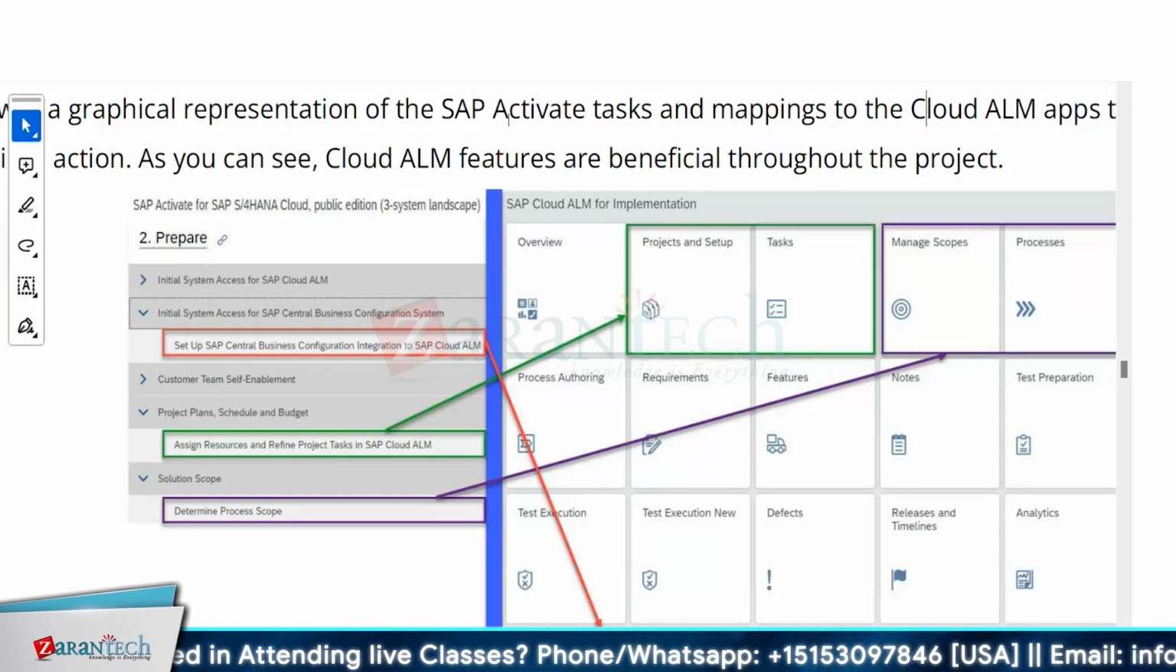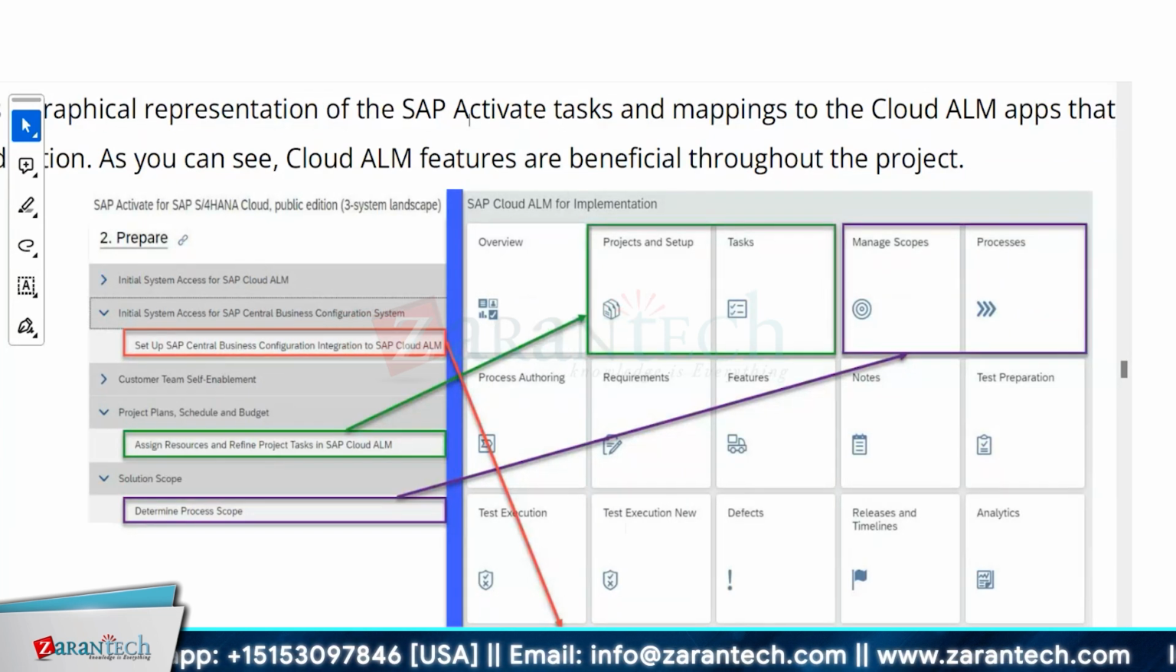different modules, but you're not going to use all the processes. Customer doesn't have that requirement, right? So you have to define the scope. So you have to determine the process scope, like which processes are in scope. So you do it from manage scope and processes. Okay. So in manage scope, you define which all processes will be part of this implementation,